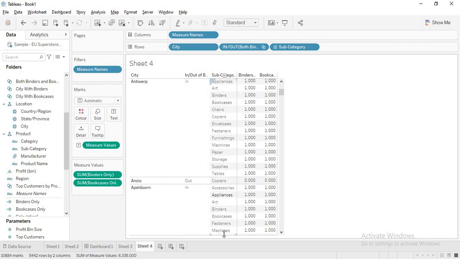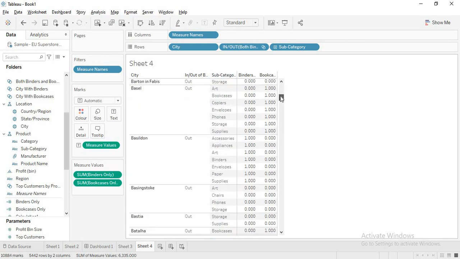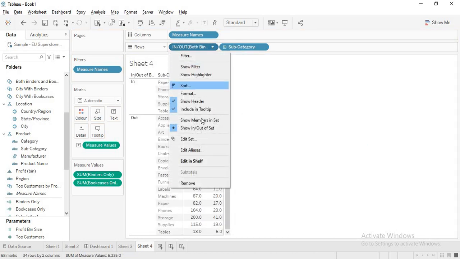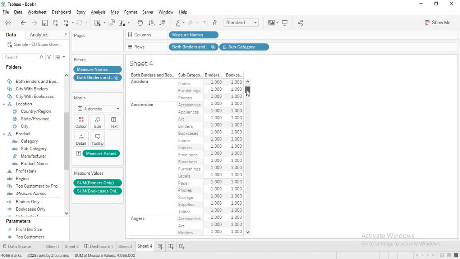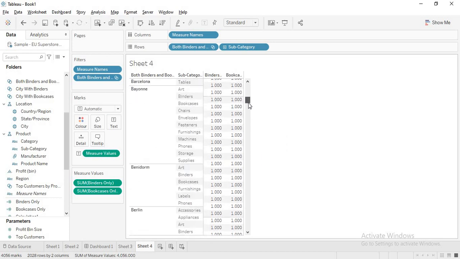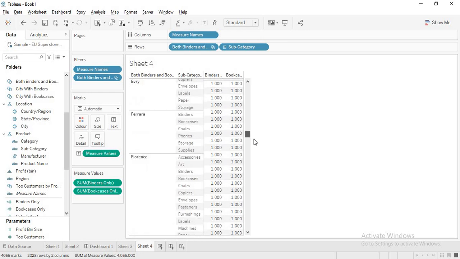That is why in. Again binders and bookcases. I just want a scenario where you have only binders but no bookcases, so that is why it is out. So now I just want to remove this and I'll say show members in set. See now these are those cities that are having both binders and bookcases.